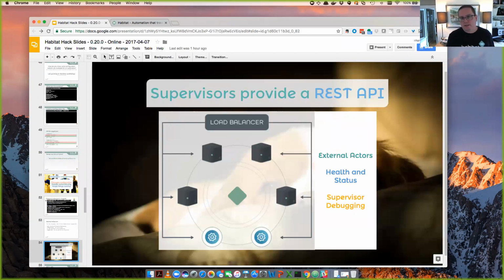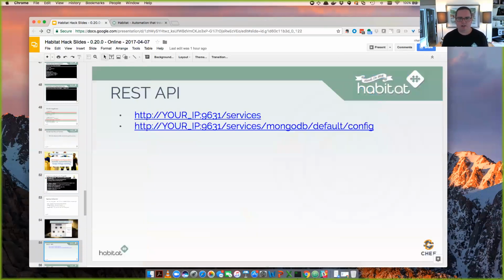Now, one of the things that's true or interesting about the supervisor is the supervisor actually provides a RESTful API. This RESTful API is great when it comes time to managing your running applications. You can use this RESTful API to do things like inspect a running service, figure out what the configuration parameters are, and so forth for your application. So what I'd like you to do,